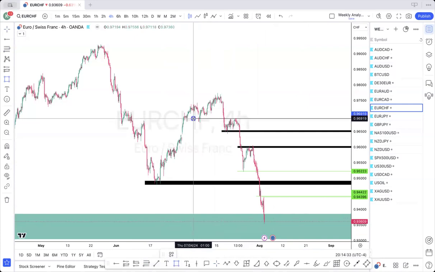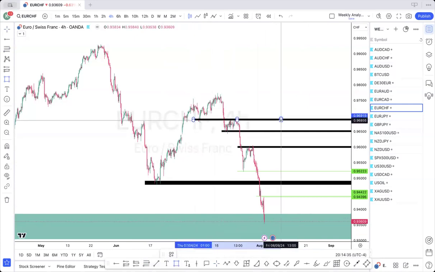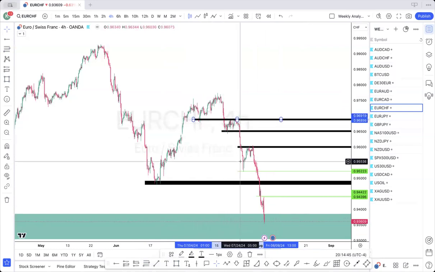And I'm just going to mark this one right here. And I like this one because it shows a level where the break initially happened, where it was support, came back, became resistance, and dropped. Okay, so you can buy up to,